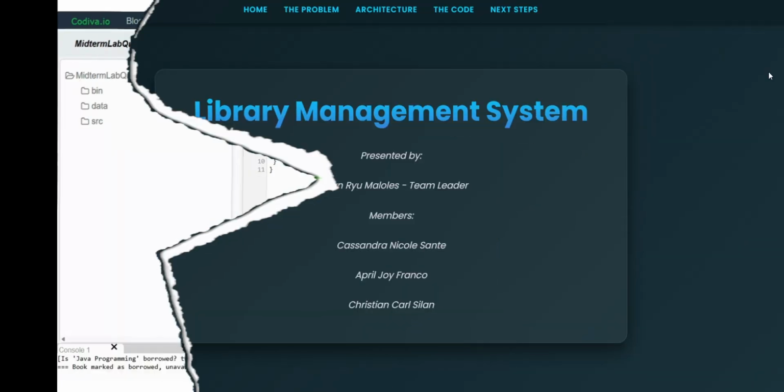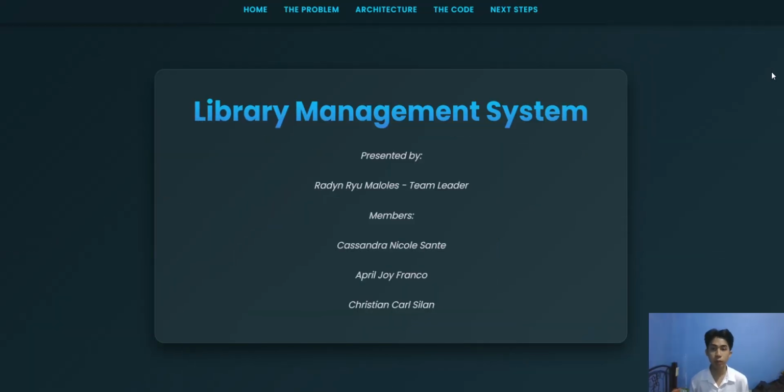Alright, so to wrap it up, I want to emphasize that what we built today is more than just a digital ledger. By using object-oriented programming, we created a system that truly mirrors reality. Through encapsulation, we protected our data by ensuring a book can never be borrowed by two people at once.